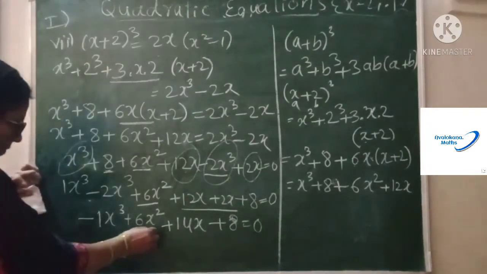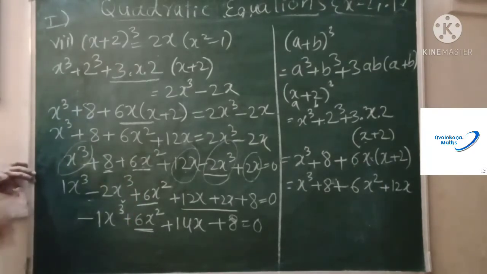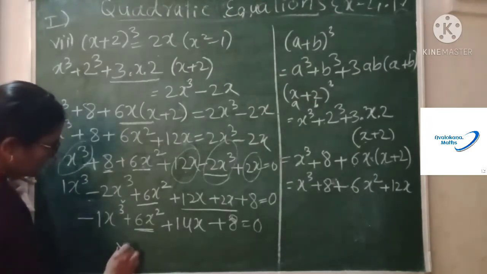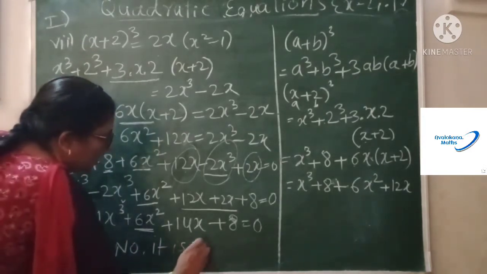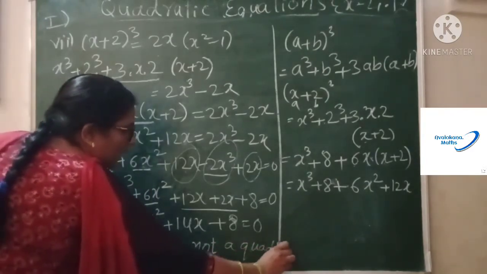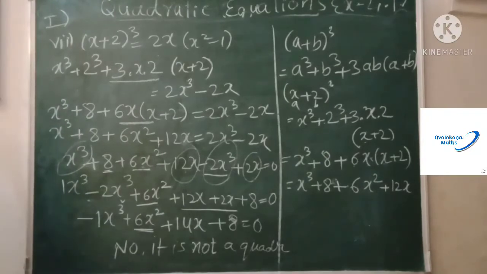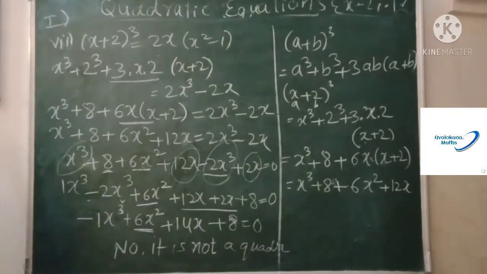Even now you have x square, but you have this power. The highest power should be only 2, not more than 2, not less than 2. This is the property of a quadratic equation. So we have to say no, it is not a quadratic equation. You are writing here, not a quadratic. It is not necessary to write the reason why, but just say no, it is not a quadratic. For your understanding, the reason is that the highest power is 3, which is not accepted for a quadratic equation. So this way you are going to solve this 7th question.